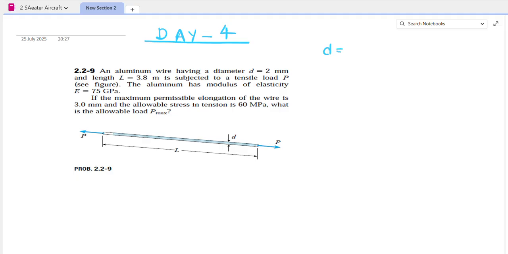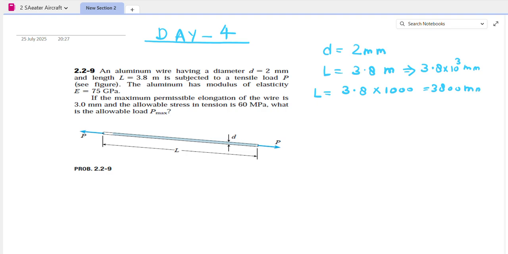The diameter is given as 2 mm. The length is given as 3.8 meter, and I need to convert it into millimeter. 3.8 times 10 to the power 3, so the length is 3800 millimeter. Then the modulus of elasticity E is 75 gigapascal. I will write it in millimeter units: 75 times 10 to the power 3